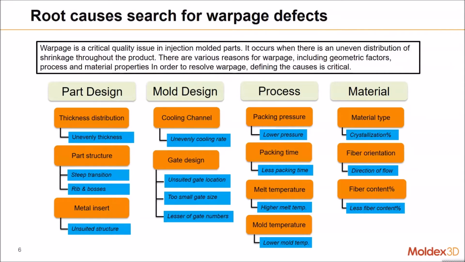So in general, a reduction of the shrinkage can be achieved by lowering the melt temperature and increasing the packing pressure. And also we can extend our packing time to solve the warpage problem. So if you have some experience working in a factory or on a practical injection machine, you will know sometimes we will extend our packing time or packing pressure to solve the warpage problem.